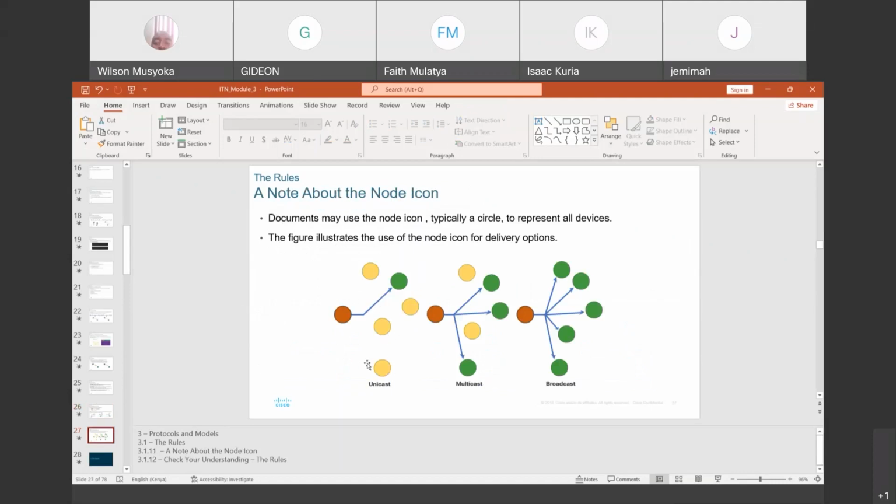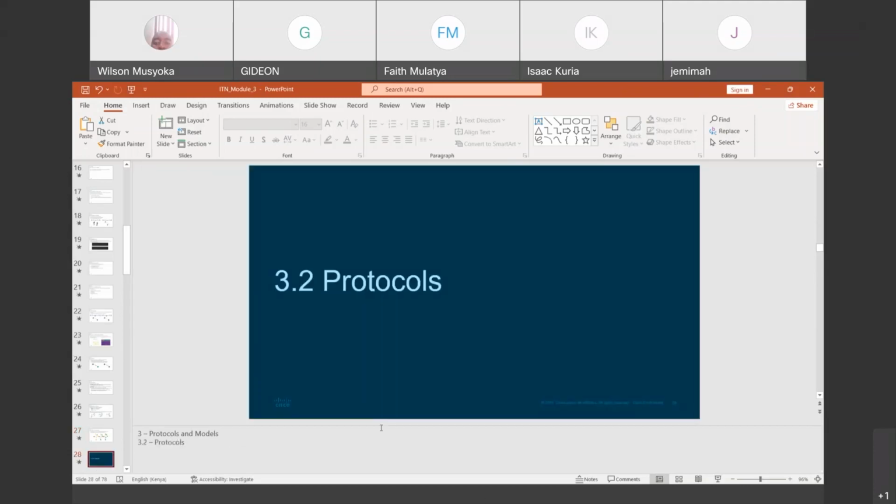When we are talking about one-to-one, it is from this node to this specific node, that is unicast. Multicast, it is coming here, but to these specific ones. When we are talking about broadcast, it is to all of them. So it is just a graphical representation.